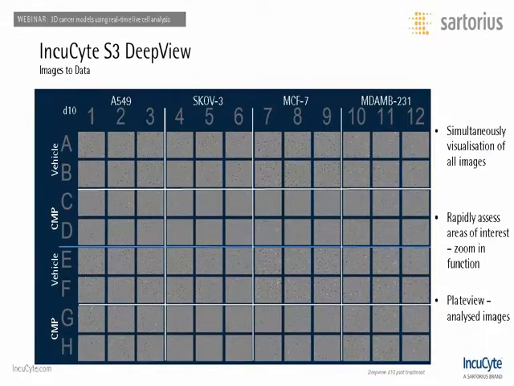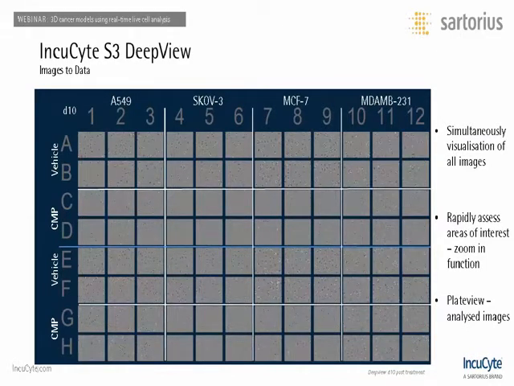I just want to introduce you to a new feature that's specific to the S3 and not available on previous versions of the IncuCyte. This is the DeepView. You can see it's a simultaneous visualization of all images in each well of your microtiter plate, enabling very rapid identification and assessment of wells. There's a zoom-in function that allows you to interrogate a region of interest, and the visual is continually refreshed as you scroll through time. Here you can see a matrix set up assessing the growth and shrinkage of 4 tumor